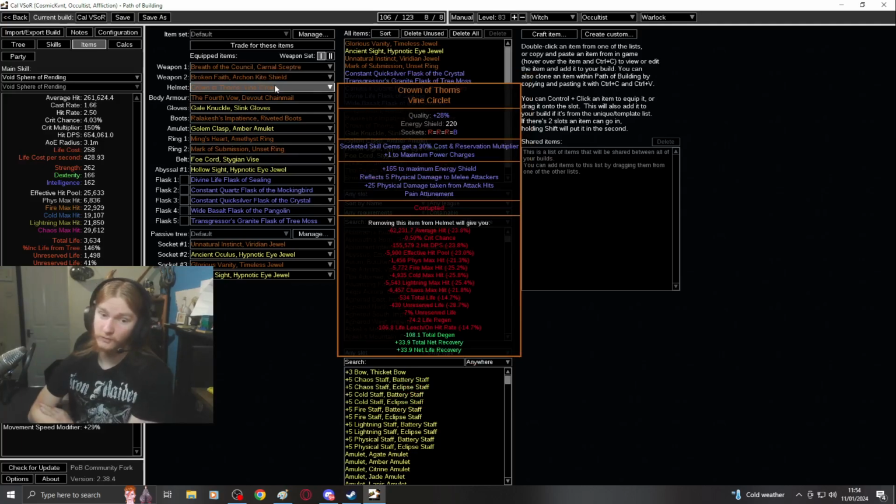Everything else is just so good. Then Crown of Thorns, I get even more power charges, which, as you could see by the Ascendancy, is very big. Socketed Skill Gems, 90% cost of Reservation Multiplier, lovely. More Energy Shield, which actually becomes life. Reflects